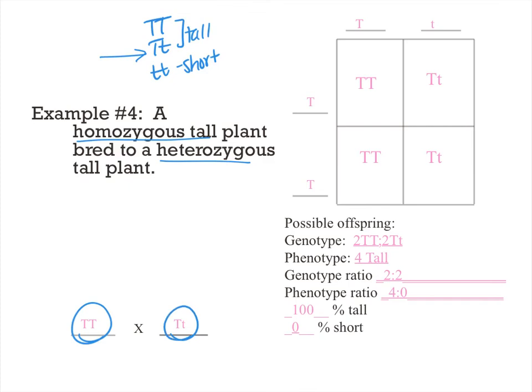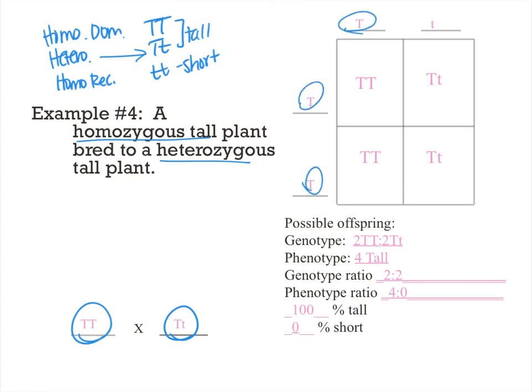Okay, so it might help you to even label it like this. Homozygous dominant, homozygous recessive, and heterozygous. Some people, when they make their key, they add those words in. It's just up to you. So anyway,